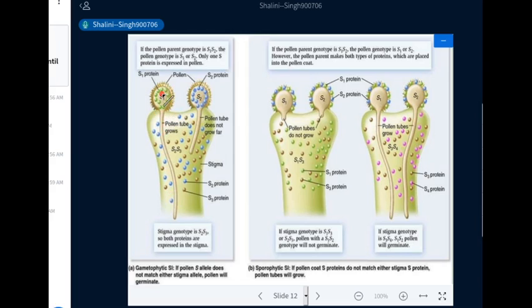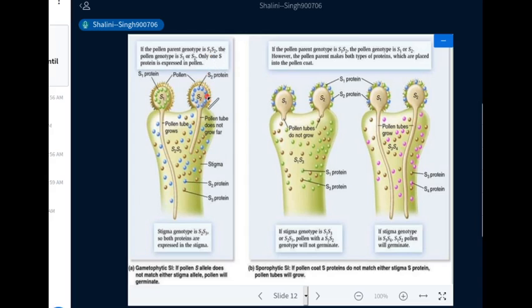So what will happen upon the landing of these pollen grains? Since there is no S1 protein on the stigmatic surface, the S1 pollen will start germination of the pollen tube, and this pollen tube will elongate and reach the embryo sac for fertilization. While the S2 gamete will land on the stigmatic surface and start germination of the pollen tube, this pollen tube will not grow further as S2 protein is present in the stigma also. So due to this interaction, the pollen tube growth will be halted and there will not be a compatible reaction